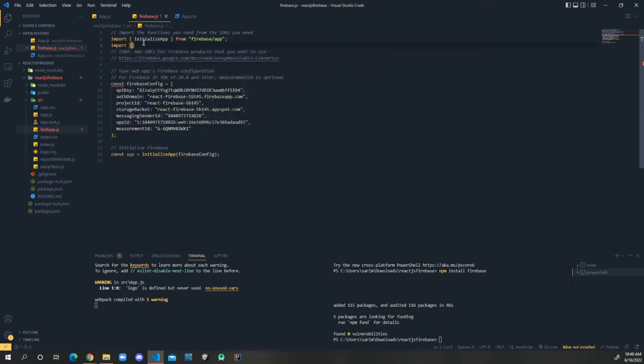So import, and then we're just going to import, actually just the entire database from firebase/database, and then here